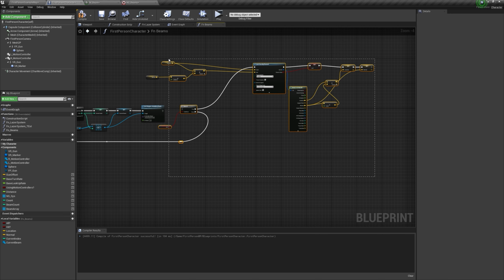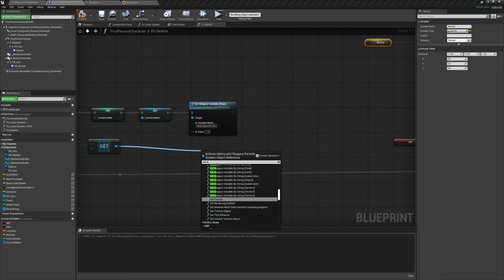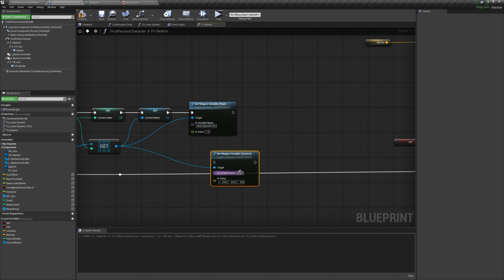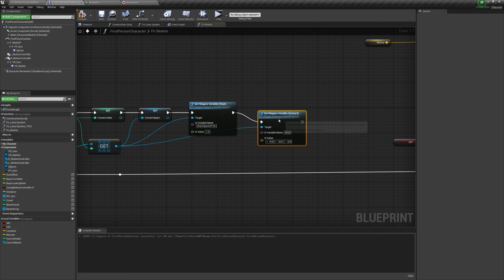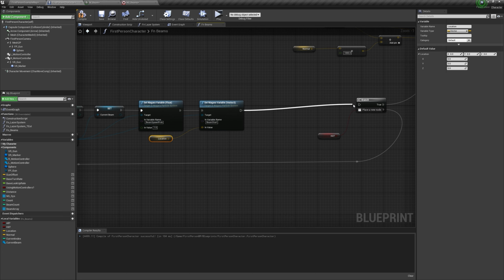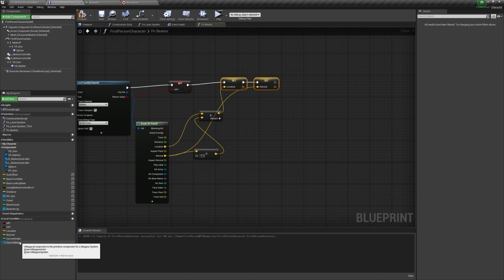and now we can just move this away, and now we need to set the beam start location. So we can type in set Niagara vector 3, and we can call this beam start, and for the value we can just drag and connect the location, and now we can connect this to the branch,